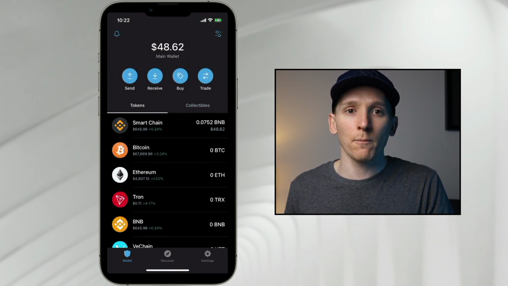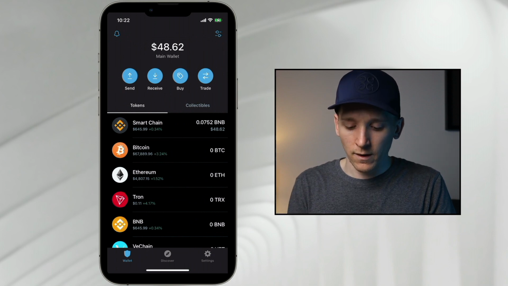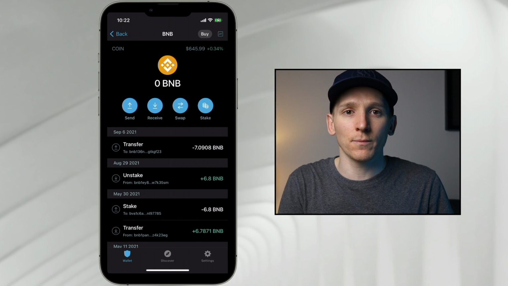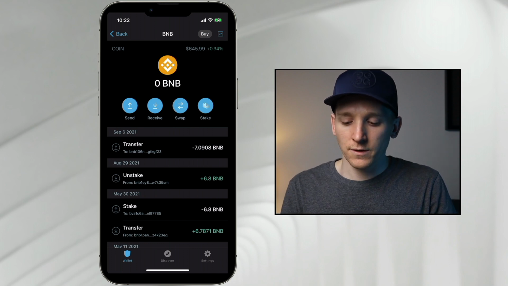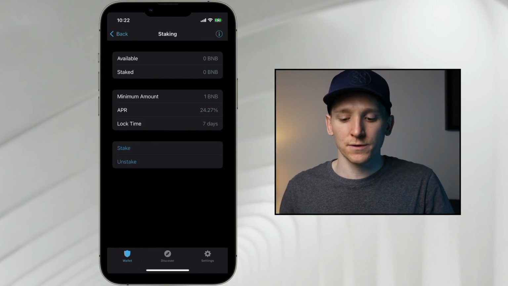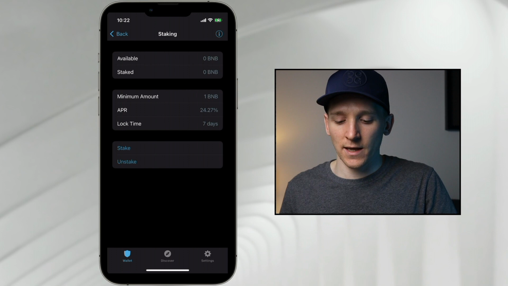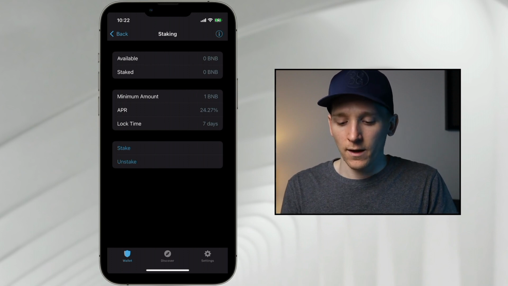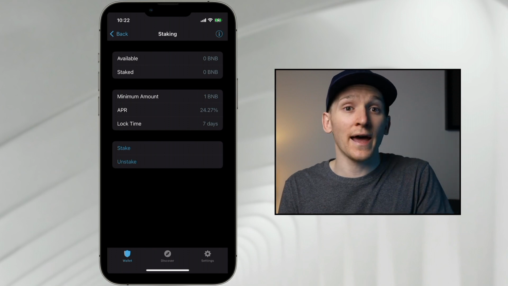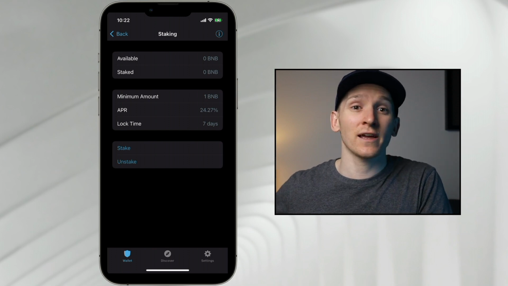Once you have some BEP2 BNB coins, come down to BNB right here. This is the coin that you want to stake on the blockchain. So you can swap them back into other coins if you want by pressing swap, or you can click on stake. And then you can choose how much you want to stake. So we can see right here that the minimum amount is 1 BNB that you can stake. The APR for now is 24%. This changes